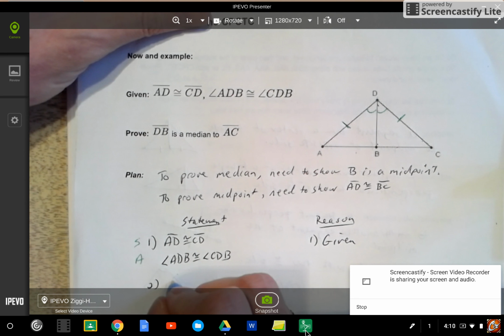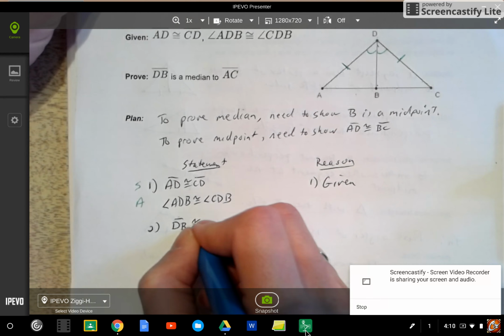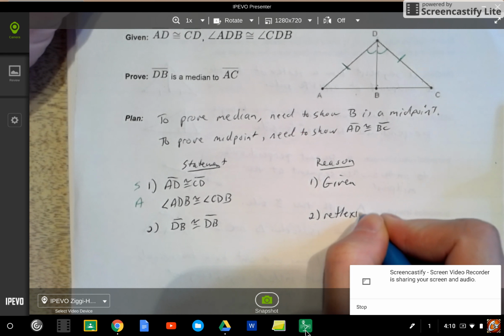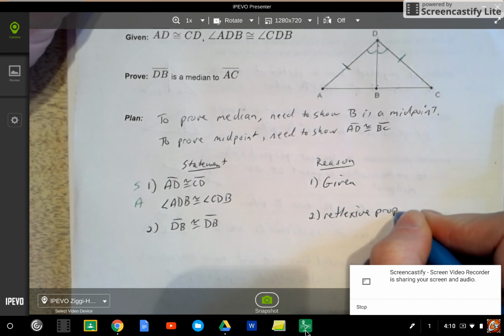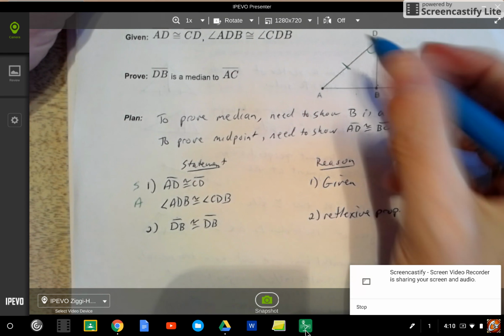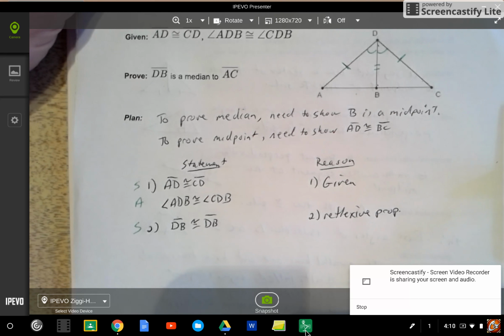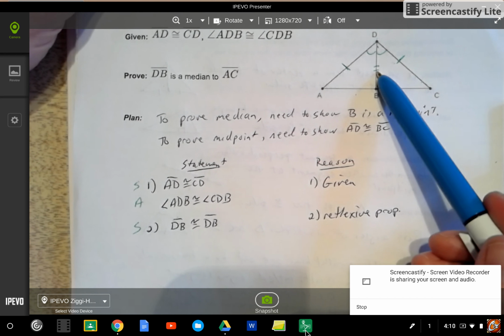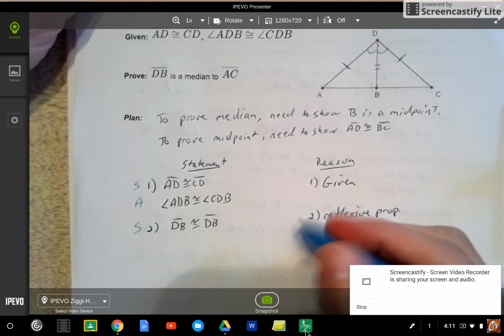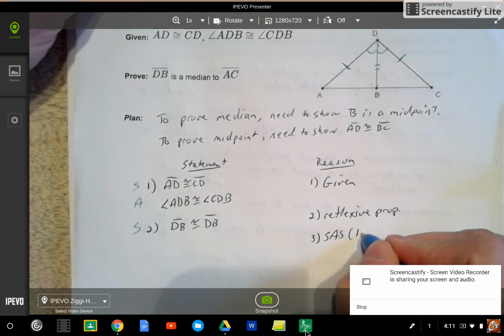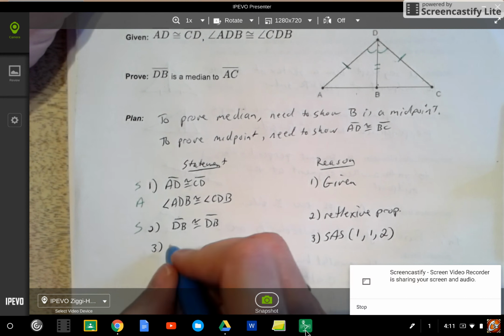So this is a pretty easy triangle proof. DB is congruent to DB by the reflexive property. Okay, so that gives me another side here. Well, that just happens to be side, angle, side. So now I see my side, angle, side: from step 1, the angle in 1, and the last side in 2. That proves that my triangle